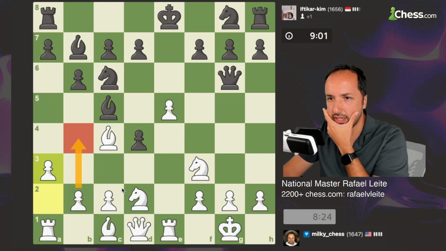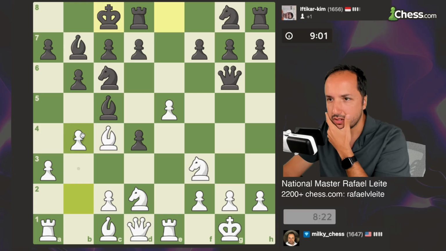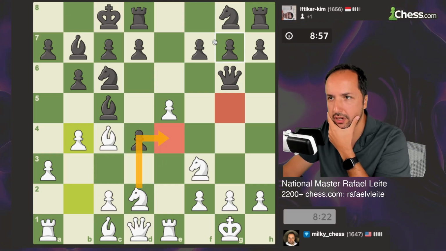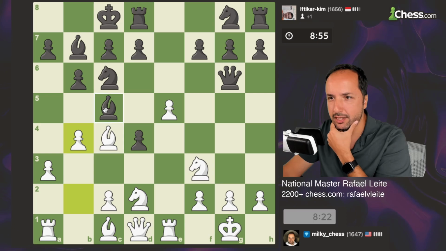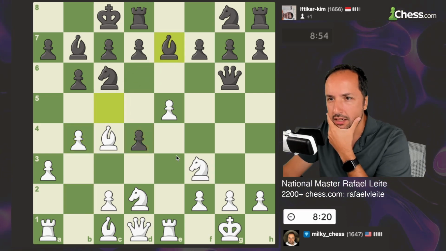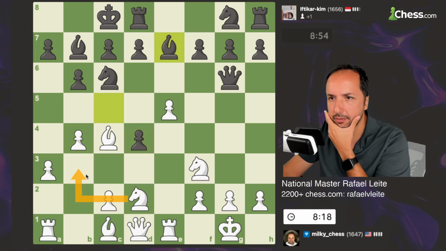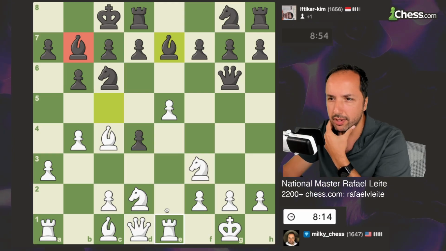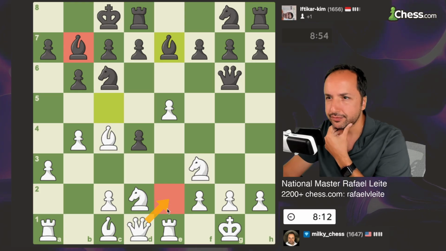I'm playing b4 right now and bishop here. Okay, so I changed my mind. I'm not playing knight here anymore. Maybe my knight wants to go here and I want to attack f7. But at this point, I think... Okay, maybe I'll play here because I want my pawn back. But I need to be careful about this bishop here. So maybe queen e2 is a little bit more...